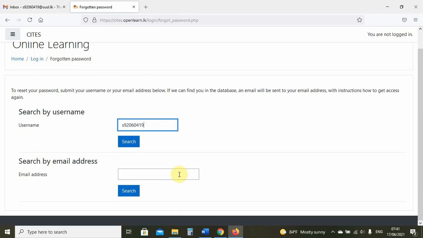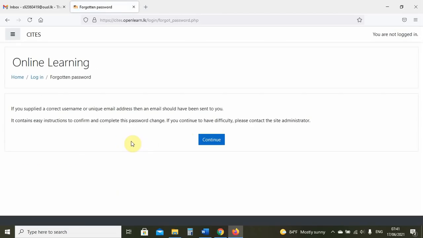Or we can put in the email address, which is his official Gmail address. In this case, I will search and click here. Then you get a message saying that if you supplied the correct username or email address, then an email should be sent to you with instructions on how to change the password.